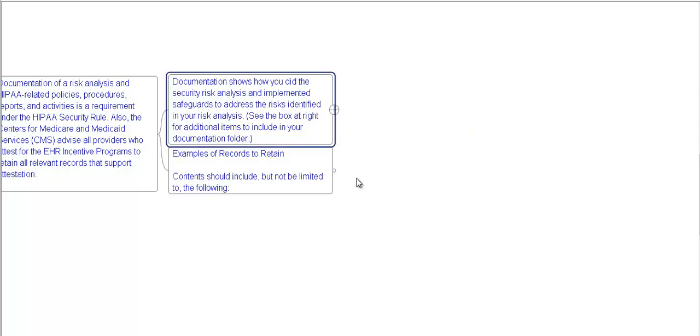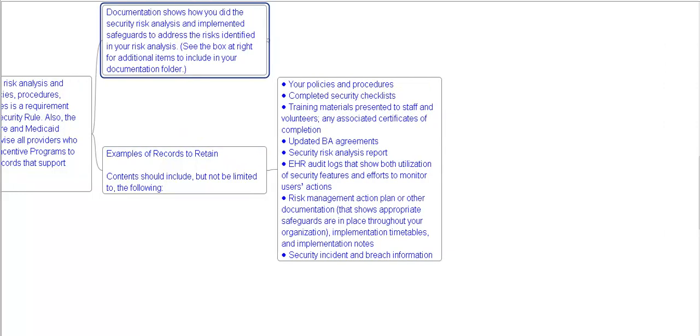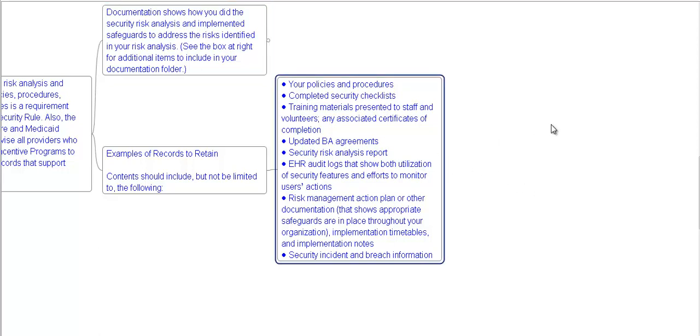Examples of records to retain. Contents would include but are not limited to the following: your policies and procedures, completed security checklists, training materials presented to staff and volunteers, any associated certificates of completion, updated business associate agreements,